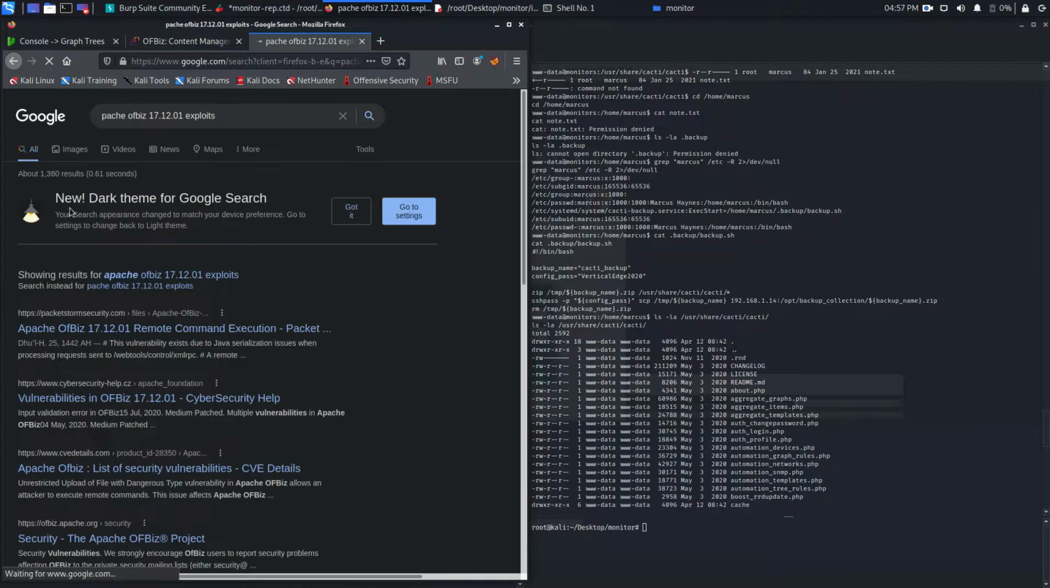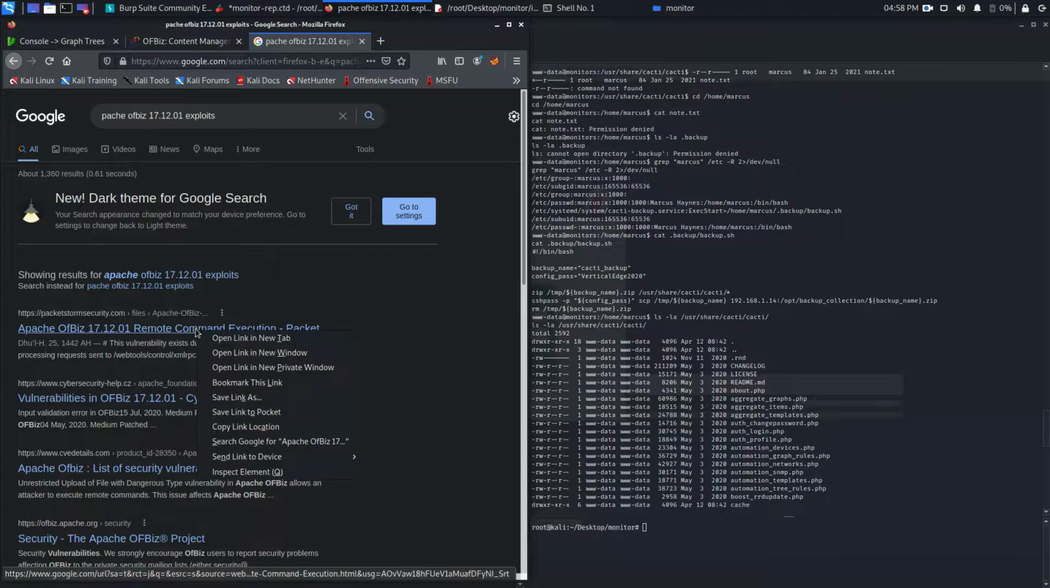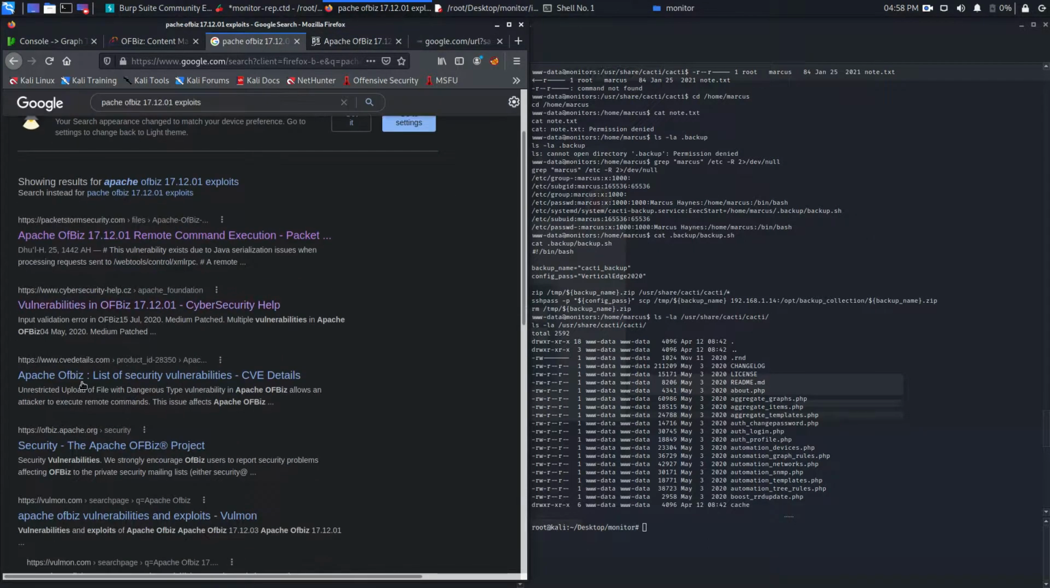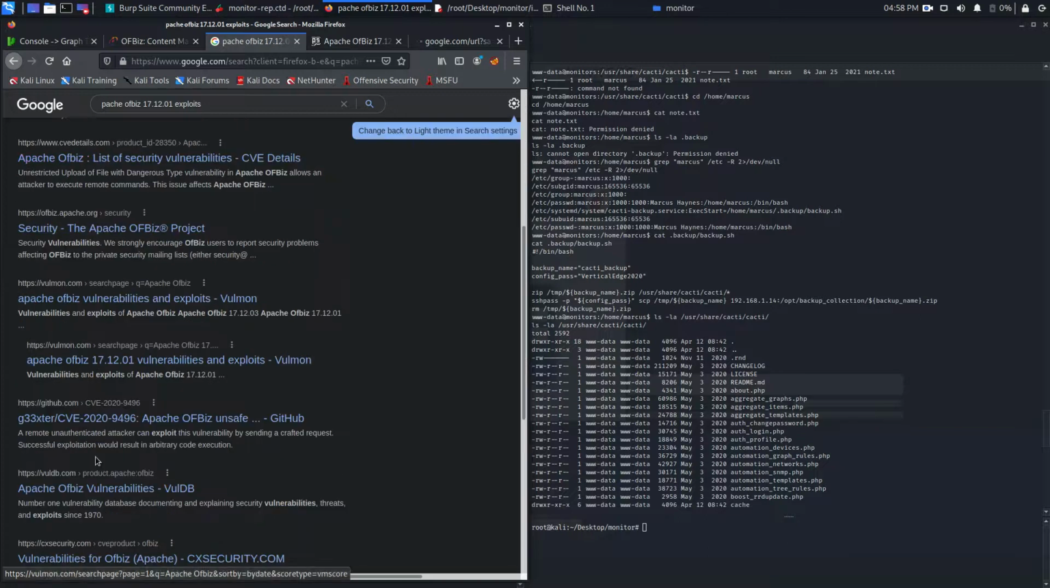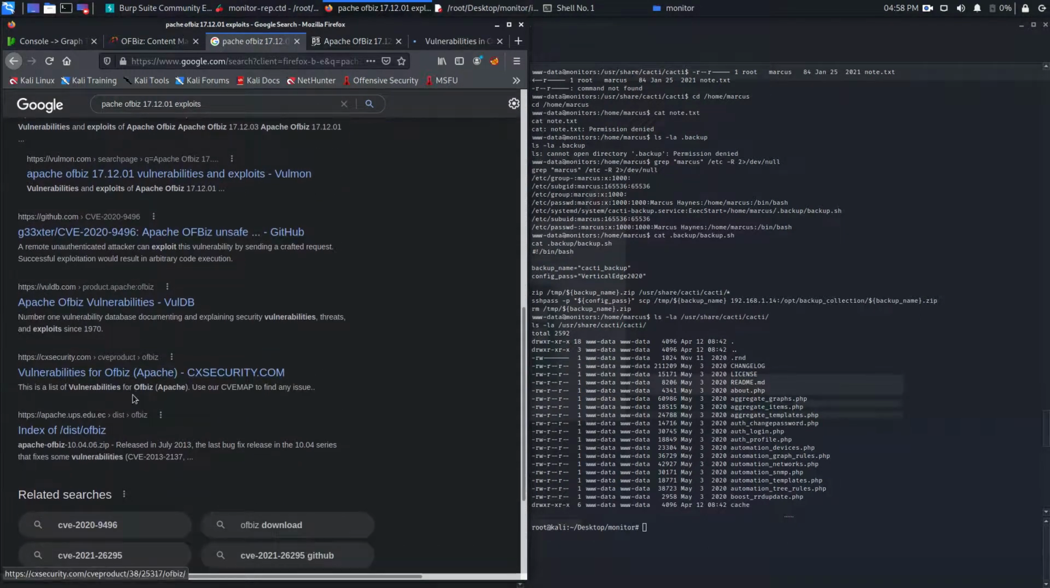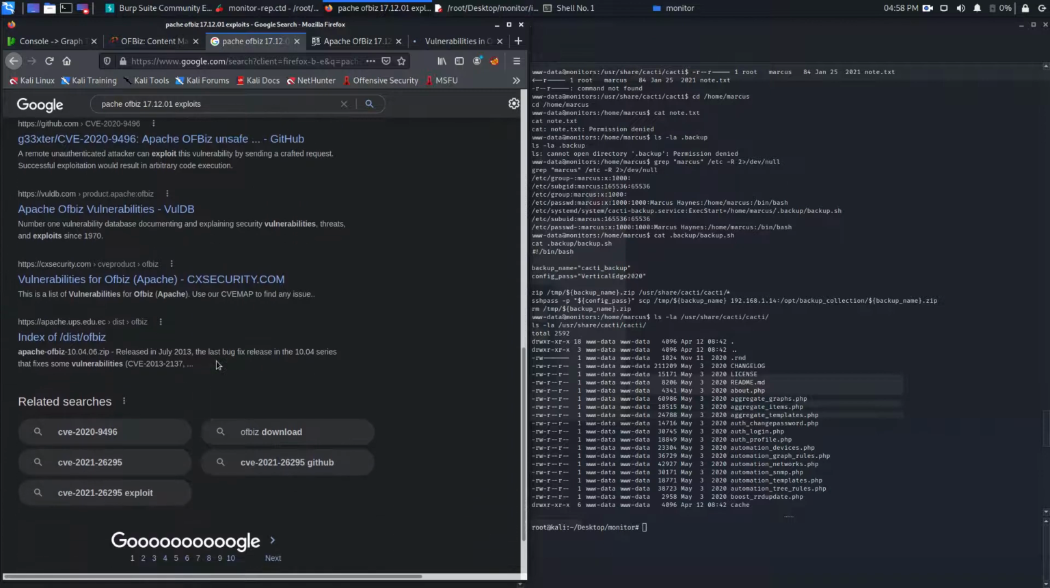Change it to English. Remote code execution. Yeah, this looks interesting. Go to that. OFBiz 17.12.1. Let's open this one also. And this vulnerability you can read here. Vulners. Okay, good sources. And this CVE, I think CVE